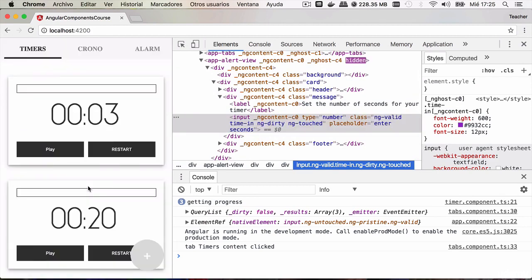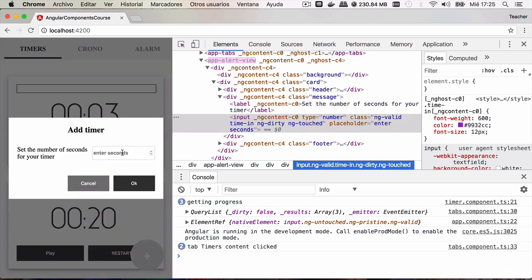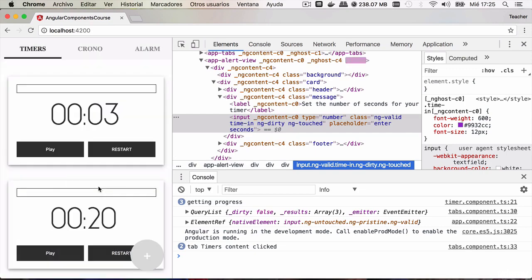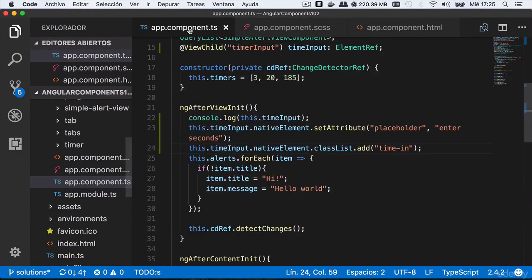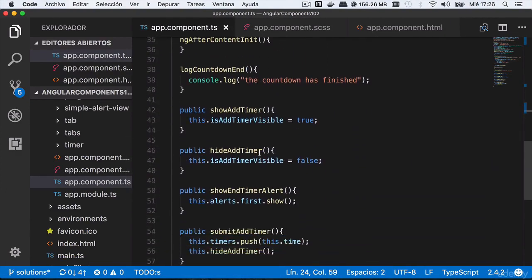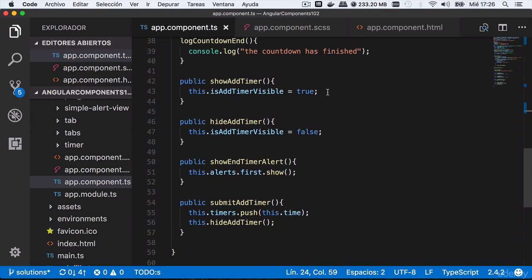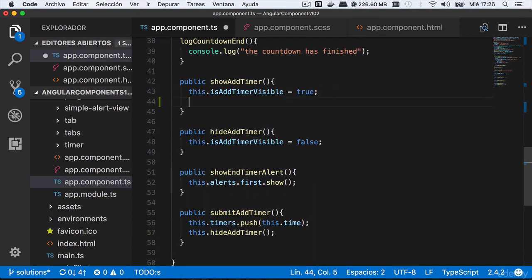Okay, pay attention now. I close and open it again, and it would be really nice, as I'm expected to introduce the amount of seconds, it would be nice for the input to be already focused, so you don't have to click on it to start writing every time. I can also do that with my nativeElement. So I go back to the code app.component.ts, and I look for the method that makes the alert visible, the showAddTimer method. And inside I will call the focus method of my nativeElement,